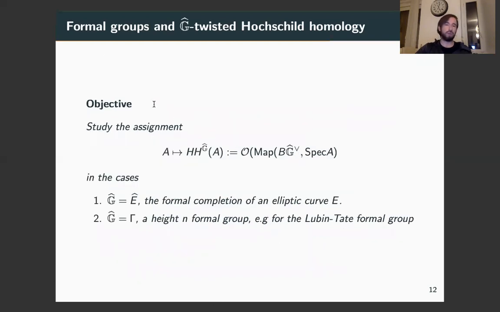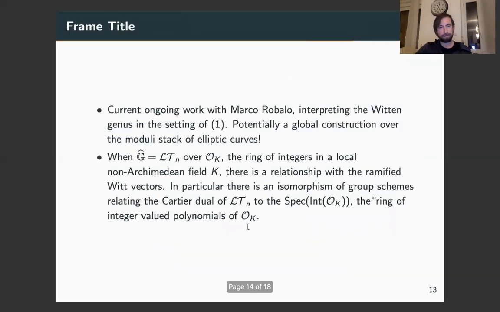And this brings me to an objective, which is to study this assignment in the following two cases at least. When G is the formal completion of an elliptic curve, or when G is a height n formal group, in particular for the Lubin-Tate formal group. As part of ongoing work with Marco Roballo, I'm interpreting the Witten genus in the elliptic curve setting. We think we potentially have a global construction of the Witten genus using derived algebraic geometry over the moduli stack of elliptic curves, potentially. In other work, I'm looking at, again, the Lubin-Tate formal group over,